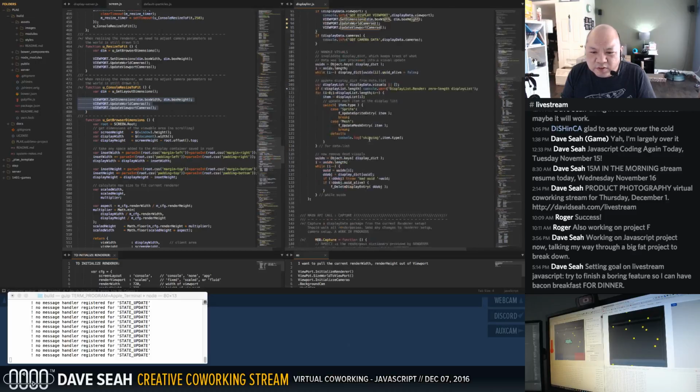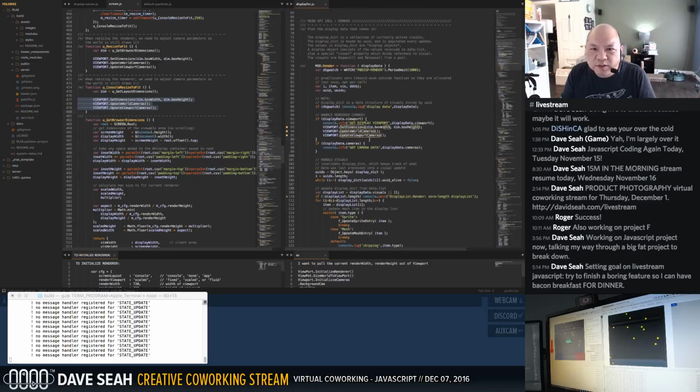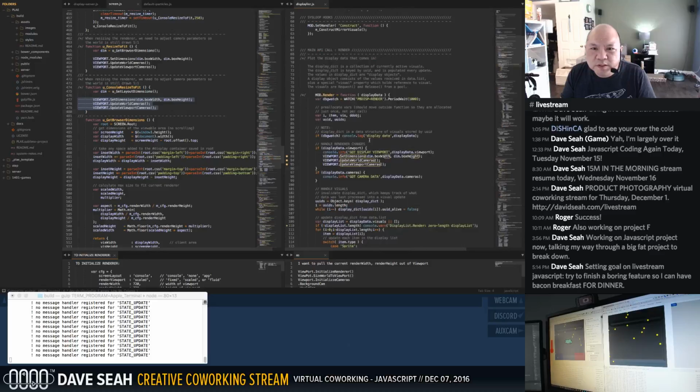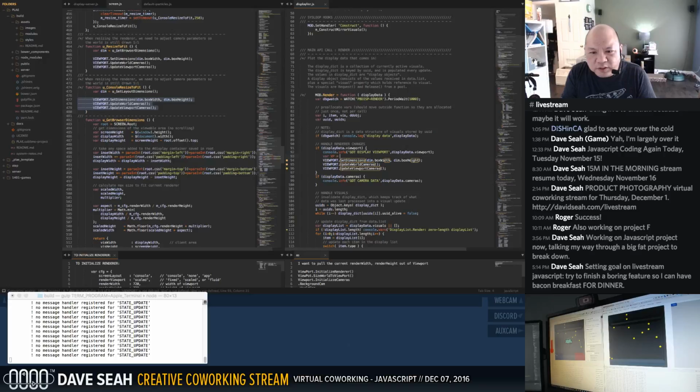Where do we get access to the viewport? I guess I need to grab it out of XRenderer. Let's do this the ugly way. var vp equals xrenderer viewport. Viewport, I think, is the call. And vp, vp. We don't have this, but we do have displayed data, and display data accordingly